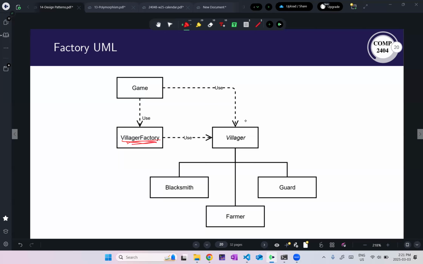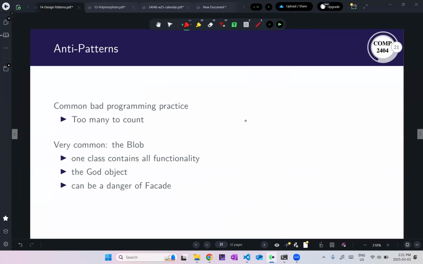All right. And that brings us to anti-patterns. So these are bad programming practices. Of course, everybody has bad programming practices. Every place you work at has technical debt, right? Nothing has a perfect design. Well, maybe there's a few like Doom or whatever that people argue is really good, but